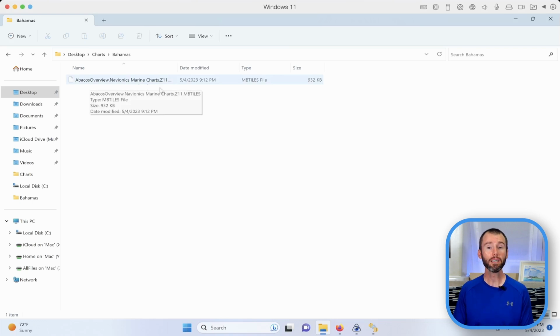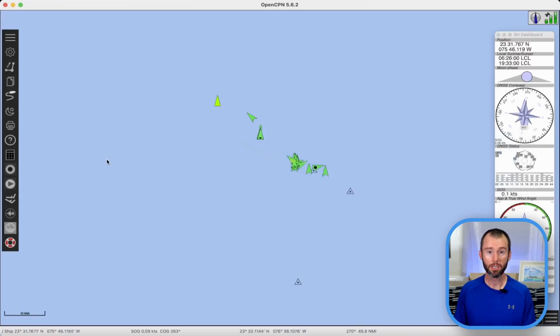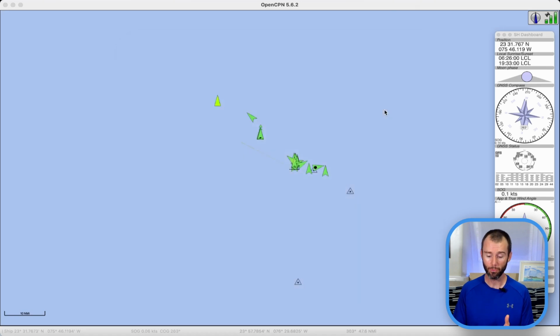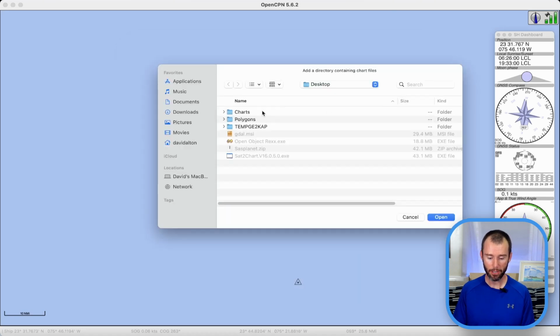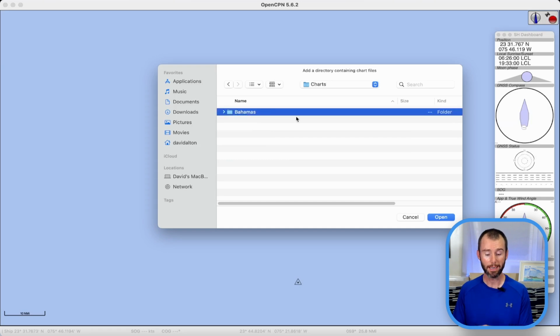Let's go ahead and move on into OpenCPN and set up the program to view this file. Going to change over here to OpenCPN. Now we're going to need to come into our options menu, over to the Charts tab, and for this tutorial, I'm coming into OpenCPN with no charts at all. So we're going to need to add a directory where we've saved the chart we just made. Add directory. I'm going to navigate to my desktop, down here to the Bahamas folder and hit